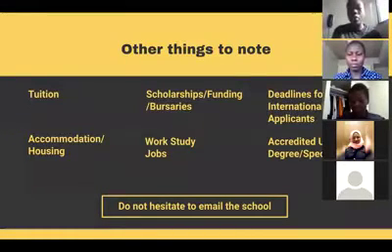Because if you apply to University of Toronto and you know you're not able to fund it, you're going to struggle. So another thing to look out for is scholarships, fundings, and bursaries. Probably you're not sure that you really want to travel abroad and you don't know how to go about funding. Every university has a scholarship page or a funding page or a bursary page, depending on which school. So all you need to do is, for the school you want to apply to, go on their scholarship page, go on their